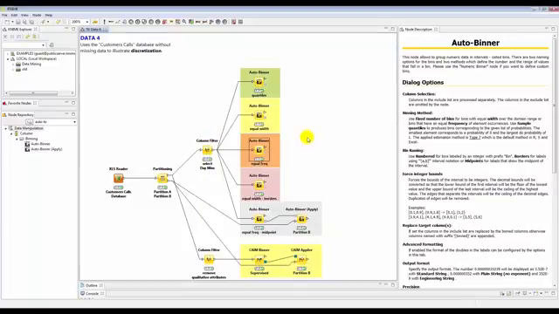Now it is also relevant to point out something more about this specific information flow. In particular, here we have the auto-binner node, which is useful when we want to apply the result of the binning process to data, to records that have not been used during the binning process. This is the case of binning the records belonging to partition B that was not used for generating the binning,